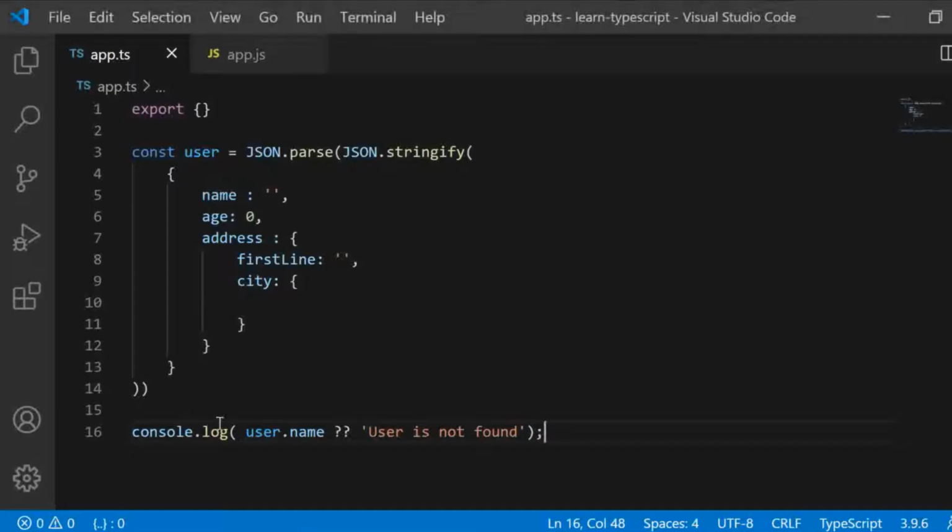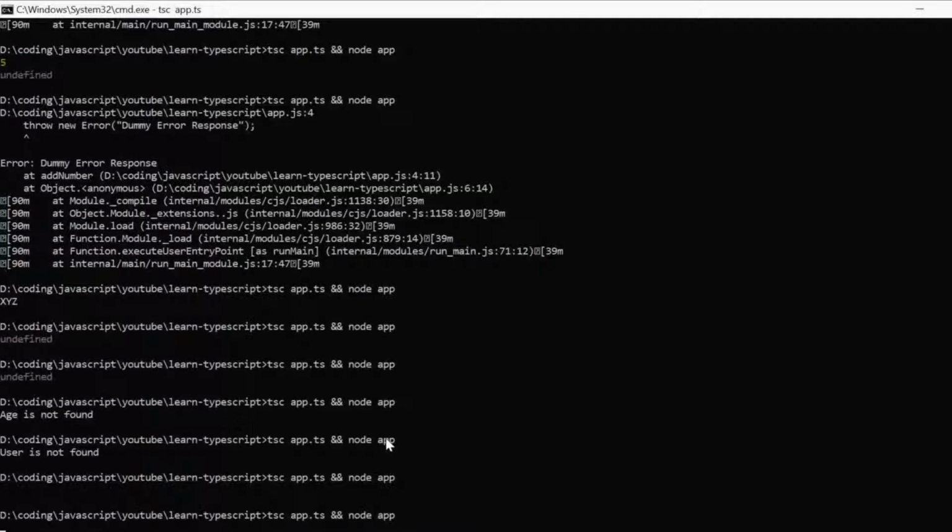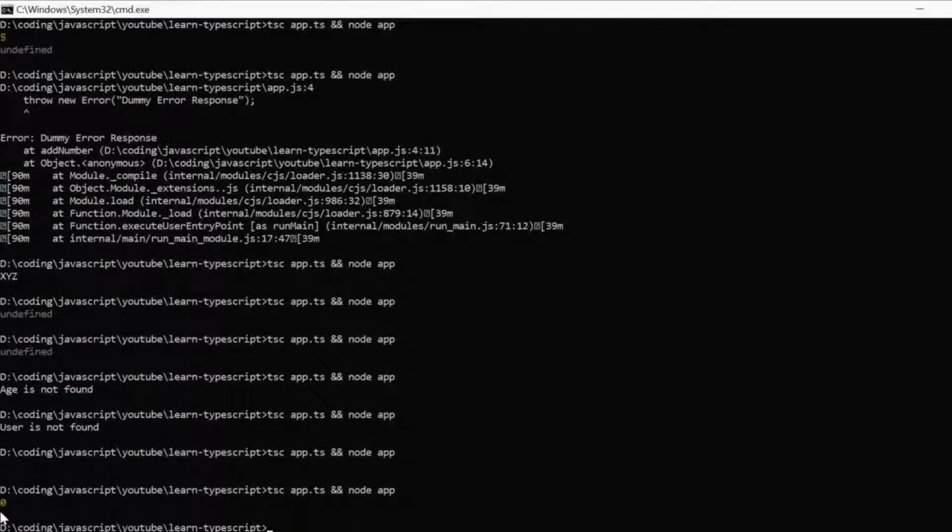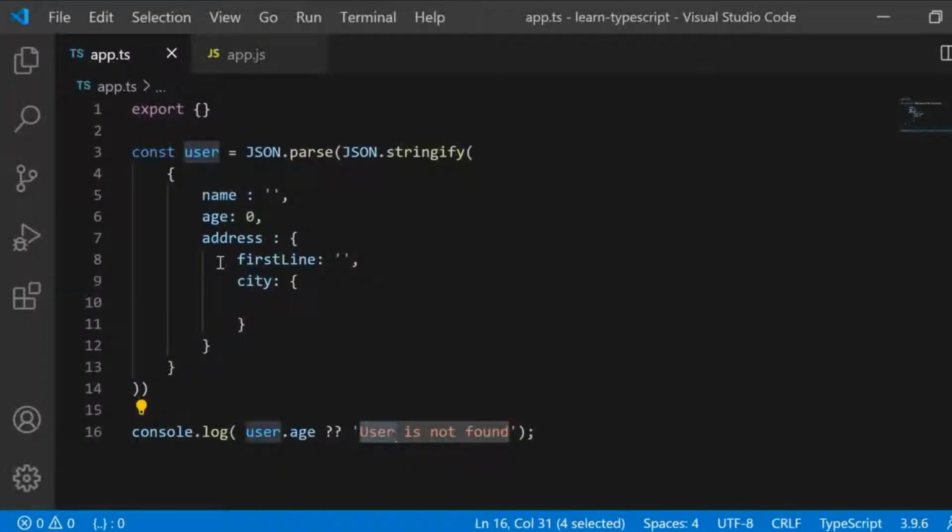In the same way, if you try this with age and execute it, we are getting the 0 value. That's perfectly fine, right? Age 0 is okay, because there is no age, but still the user is present. So this way we are basically checking whether the left hand side is null or undefined.